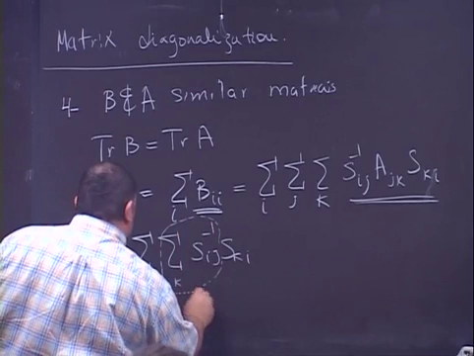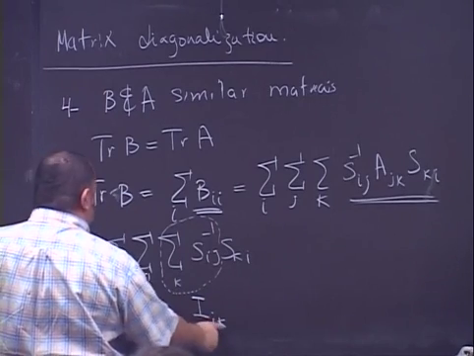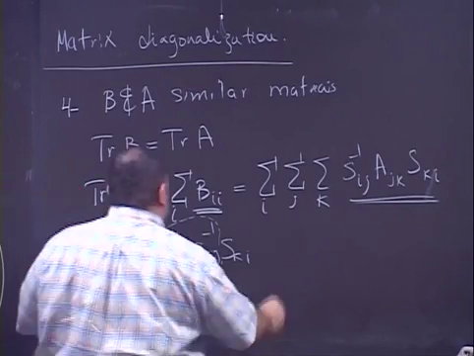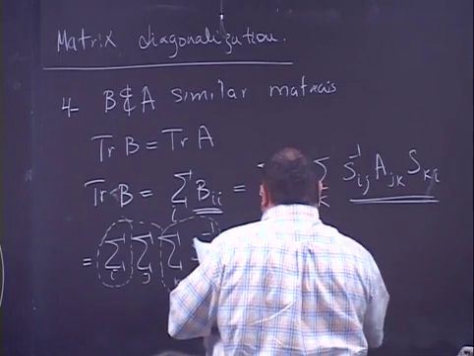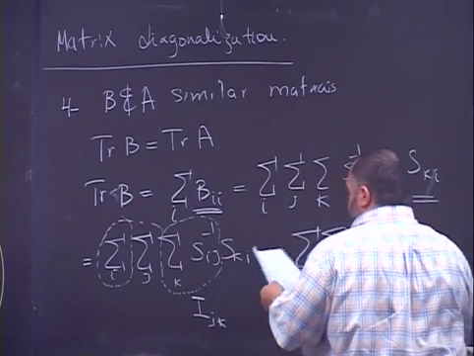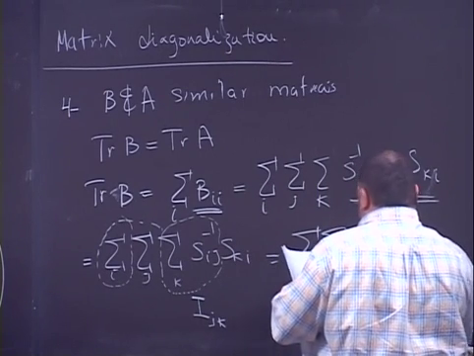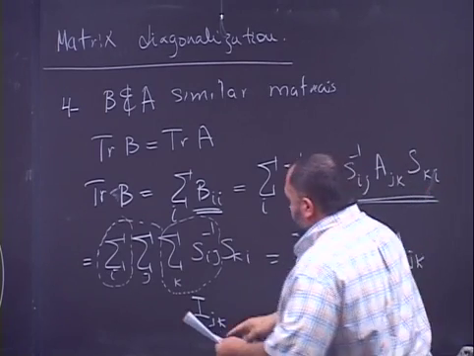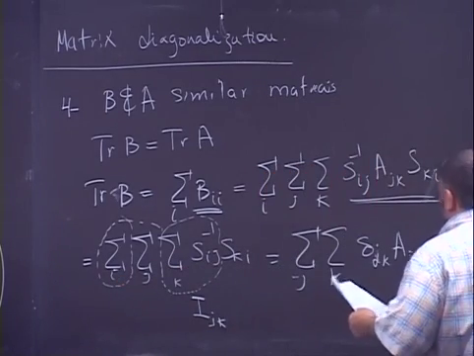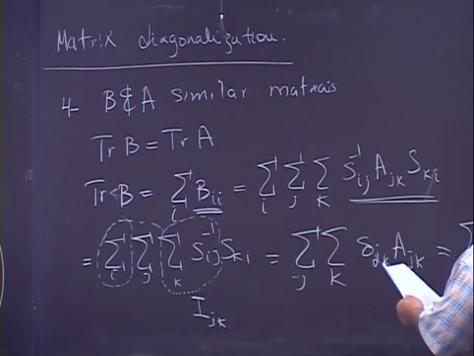this one is nothing more than the components of the identity matrix I_jk, and if you sum it over all of I, this should give you the summation of J, summation of K, and this will give you the canonical delta function delta_jk of A_jk. So the summation over I will give you the canonical delta function, and then when you decompose this, the canonical delta function multiplied by A_jk, this will just give you over J,